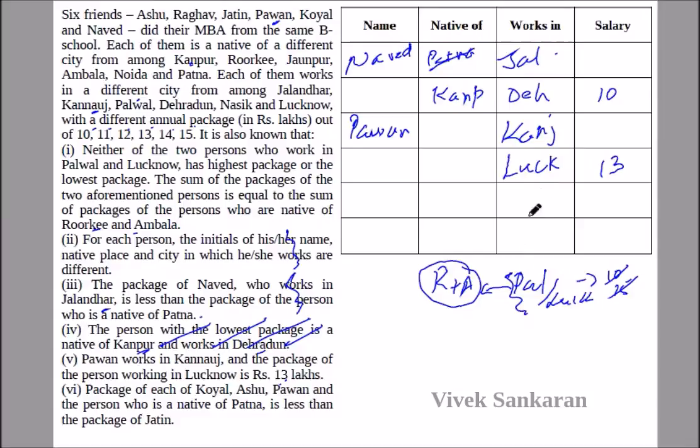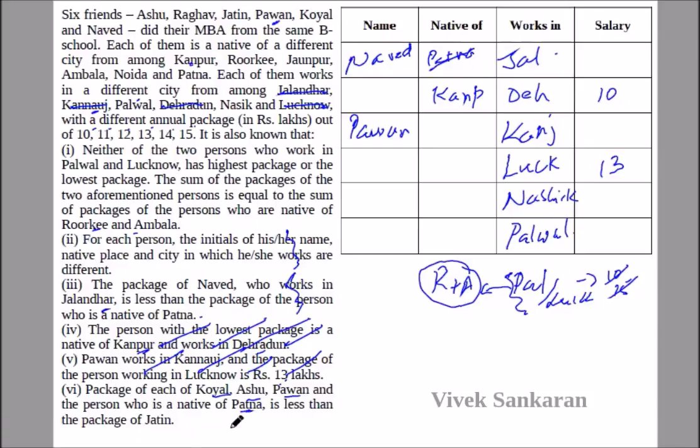Now we have already filled up 4 out of this, so let's fill up the other 2. Jalandhar is done, Kannauj is done, Dehradun is done, Lucknow is done. Palwal and Nasik are the other two, so you have Nasik and Palwal. The package of each of Koyal, Ashu, Pavan and the person who is a native of